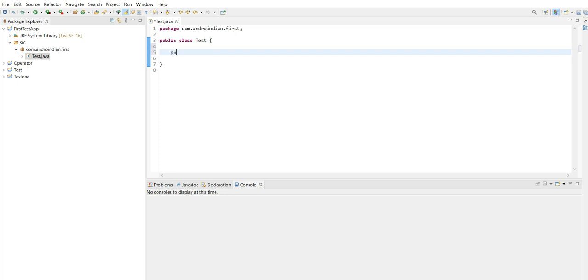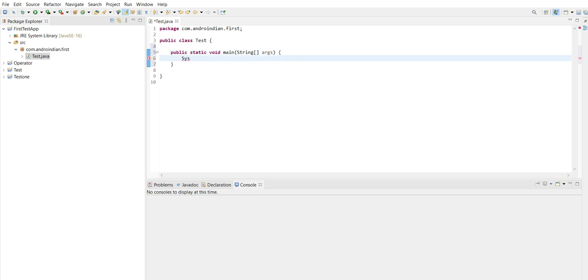That main method is nothing but public static void main, String args.